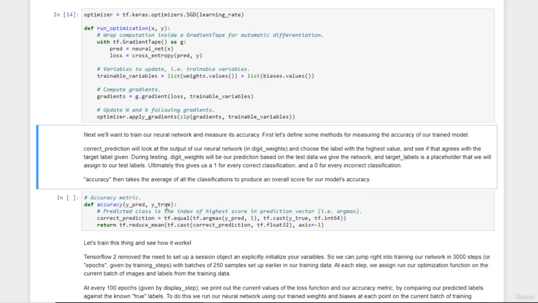And all this accuracy metric does is say, let's compare the actual maximum argument from each output array that's going to correspond to our one hot encoded value, and compare that to the one hot encoded known value that we had for that label. So this is just a way of saying we're going to call reduce mean to actually compute the accuracy of each individual prediction and average that across the entire data set. So that's what our accuracy